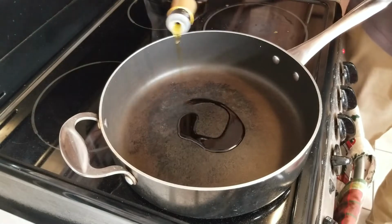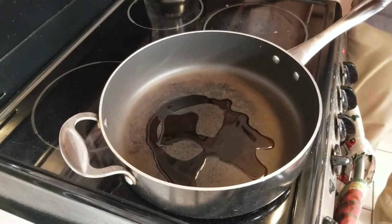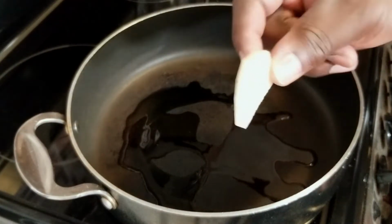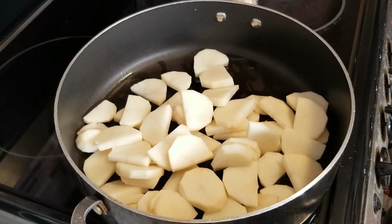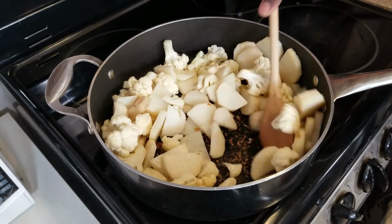Place a frying pan on a stove hob set to medium-high heat, and add approximately 2 tablespoons of olive oil. You can slice or cube your potato chunks, but make sure to keep your cauliflower florets small. Once the oil has heated up, add the florets and the potatoes to the pan and fry them for a